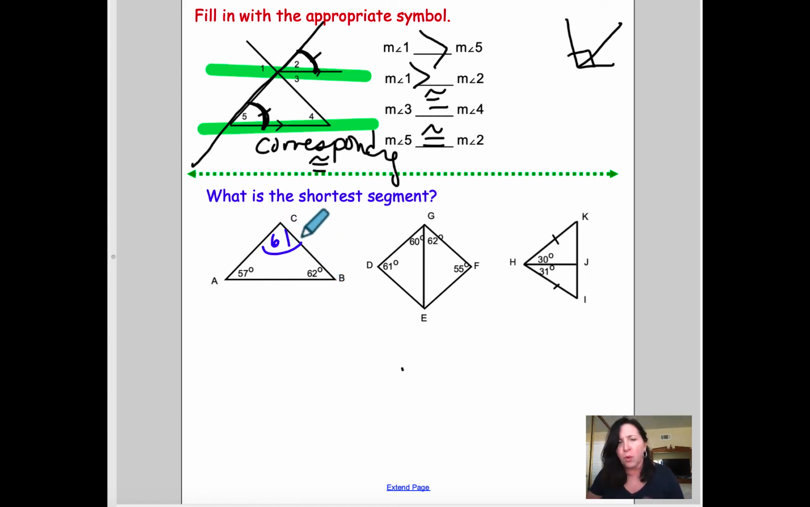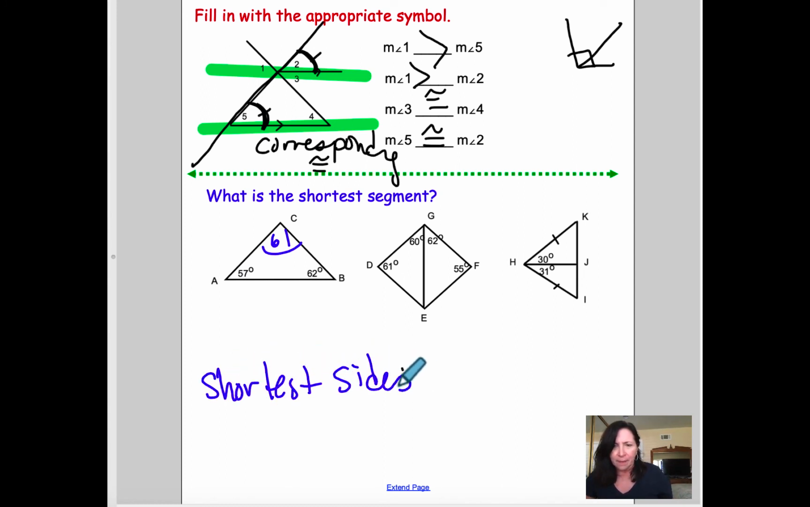Okay. Now, what we talked about when we did this section last week was this. What is the shortest segment? The shortest side is always opposite the smallest angle. Okay? Write that down if you don't remember. The shortest side is opposite the smallest